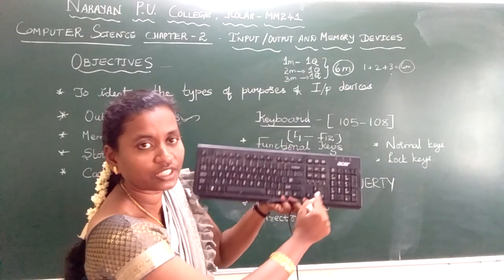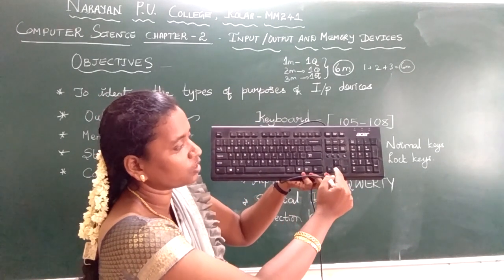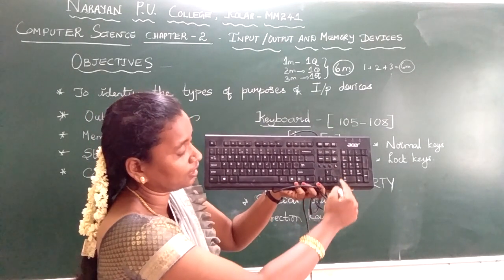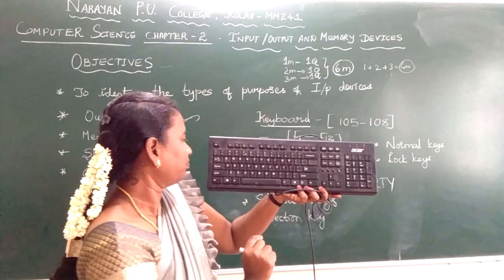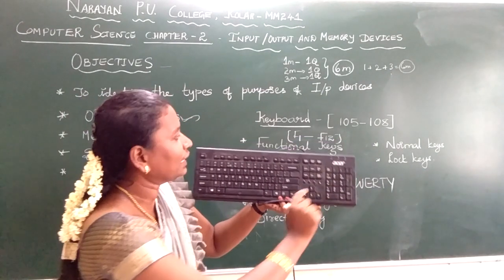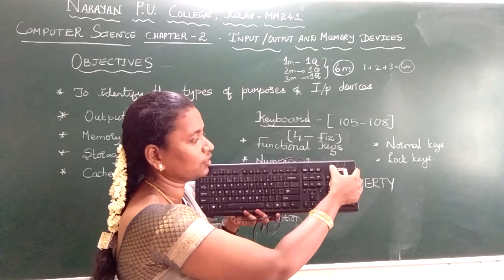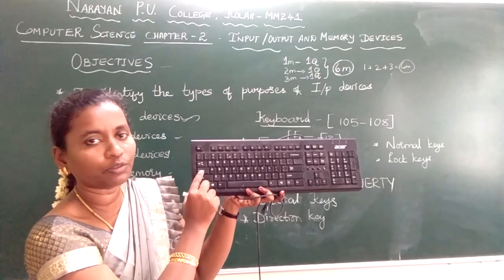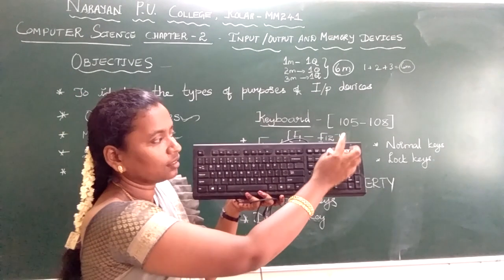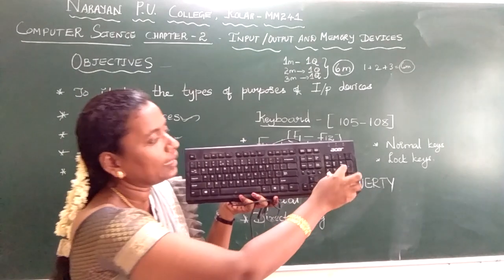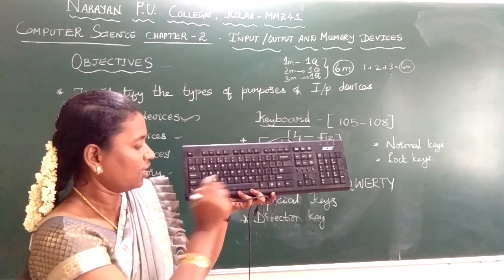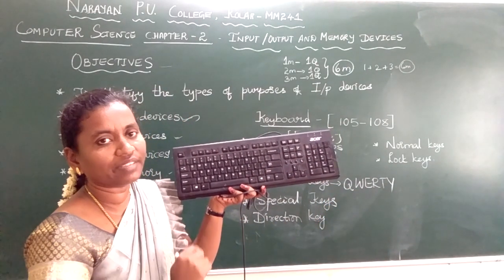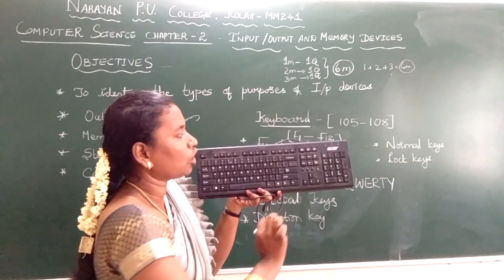You also have directional keys. You can see the arrows, one vertical, one horizontal, left to right and so on. These are the directional keys. Next, I told you about normal keys, and then here you can see lock keys. If you press caps lock, you can type the alphabets in capital letters, and this button will glow. If you want the numerical pad, the number lock should be on. If you don't want the numbers, you should press num lock. These keys are called lock keys.